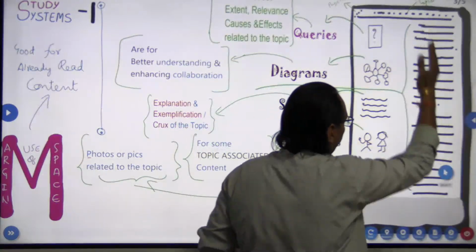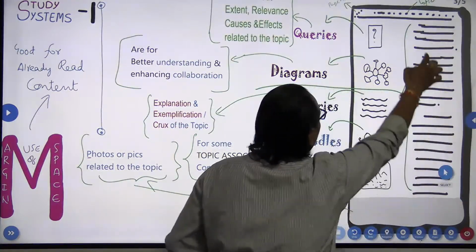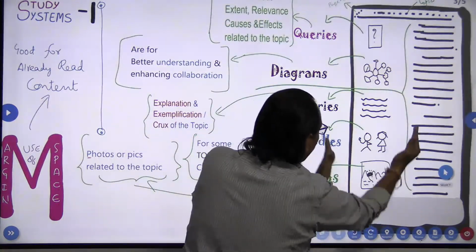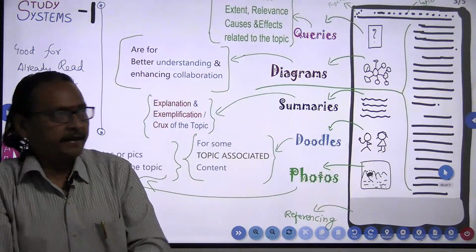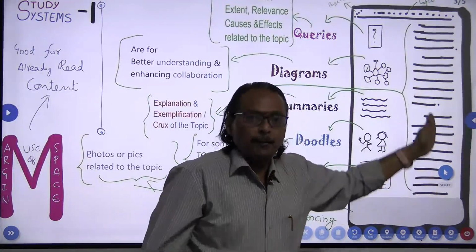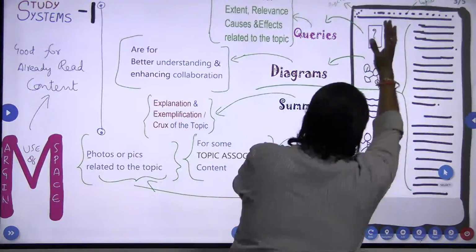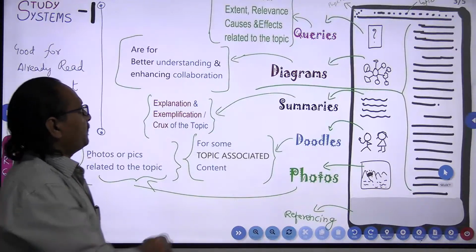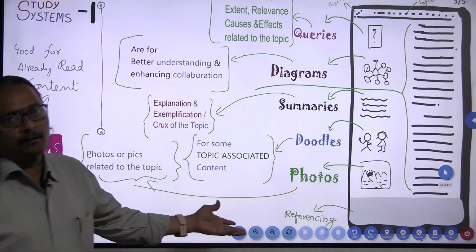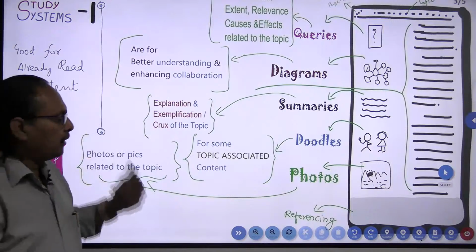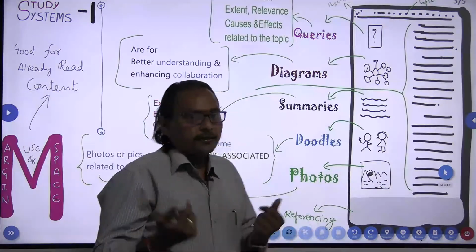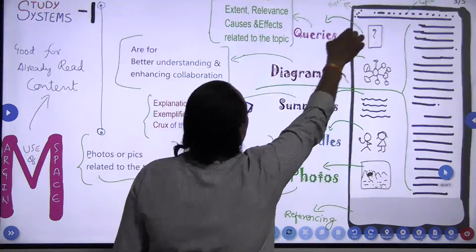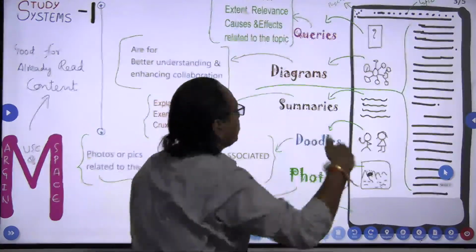Here you have on the right hand side all the regular text that keeps on flowing. I indented them for your understanding. After that, on the empty space, this portion corresponds to the printed position. Now leave that part and take the remaining part. You will have some empty space. Within this empty space, you can have these many items according to your own agenda, or according to your own necessities. So queries. You can write some questions there. They can be about the extent of that particular topic.